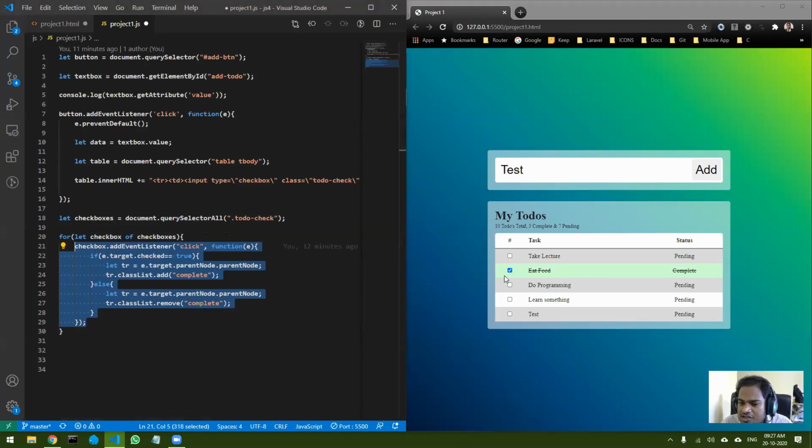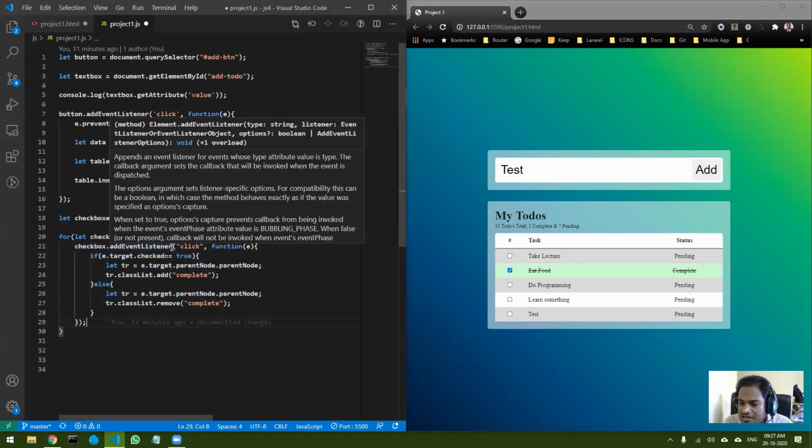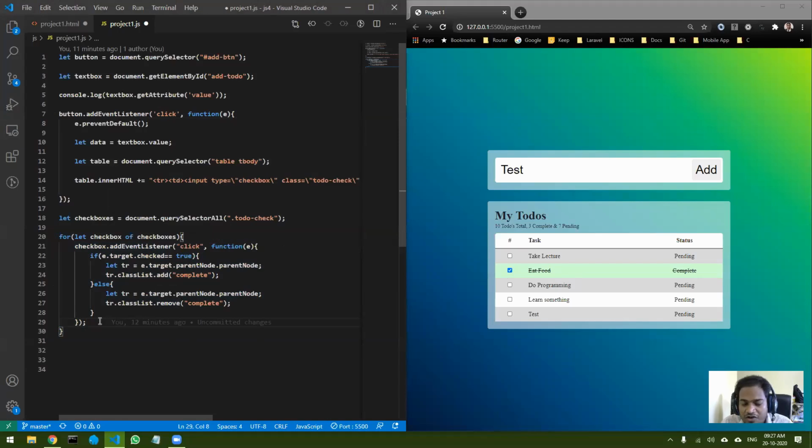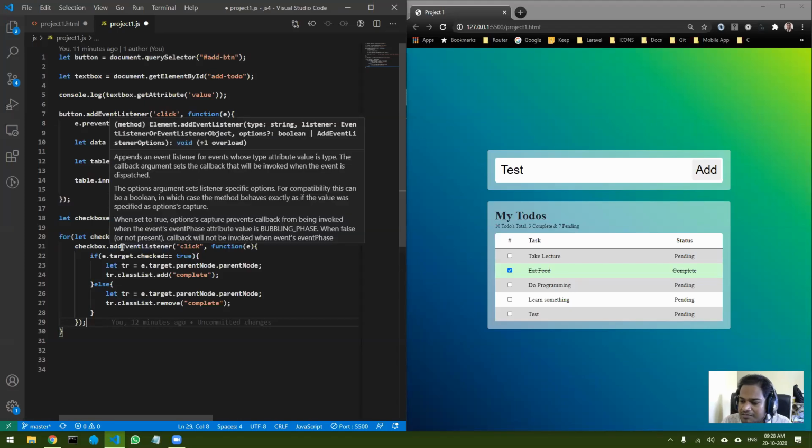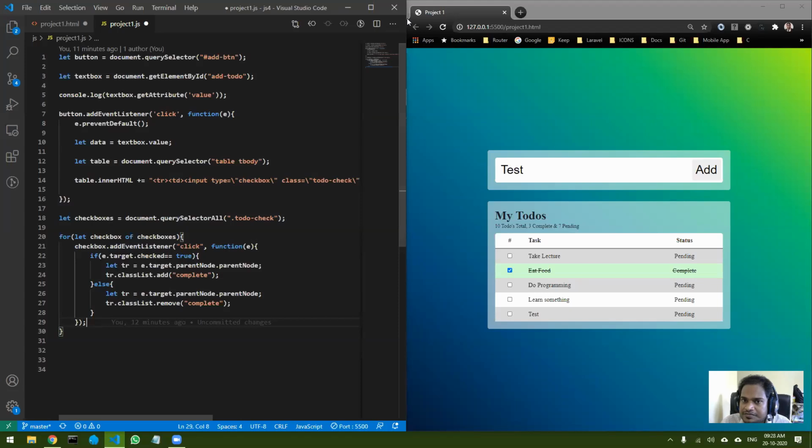Now just imagine you have 100 rows, okay. If you have 100 rows, how many event listeners will be attached? There will be 100 event listeners, okay. Now you can just imagine, what are event listeners? They are functions, right? So event listeners will consume memory, right? If you are attaching 100 event listeners, then that will consume more memory, right? So rather, if you change your strategy and if you target the T body or the table or the to-do div or anything like this, then how many event listeners will be required?